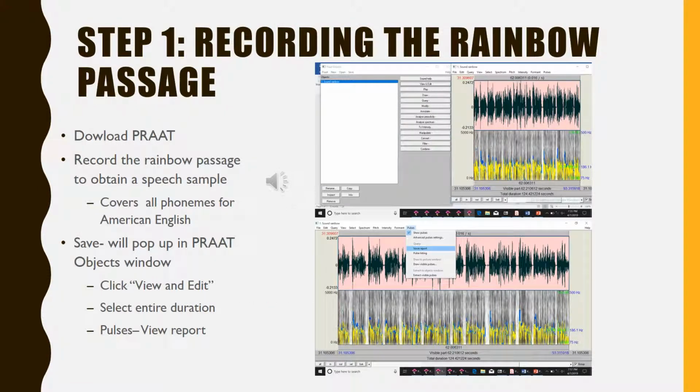First, I'm going to talk a little bit about how I went about using Praat before we get into the actual analysis. So first I downloaded the program, and then I recorded myself saying the Rainbow Passage to obtain a speech sample. The Rainbow Passage is a pretty lengthy paragraph. I'm not going to say it right now, but basically what it does is it covers all the phonemes for American English. And then once I did that, I just saved the recording, and then it popped up in Praat